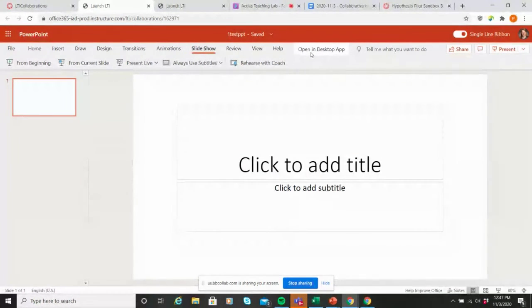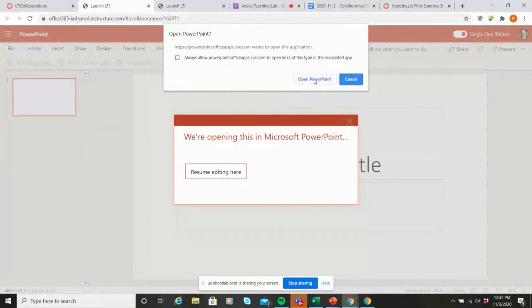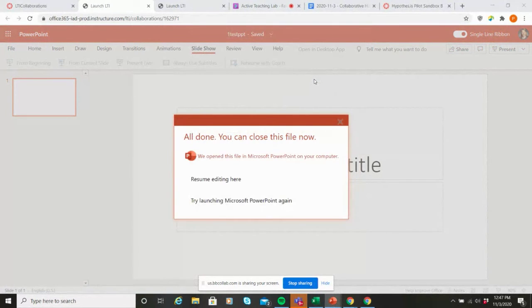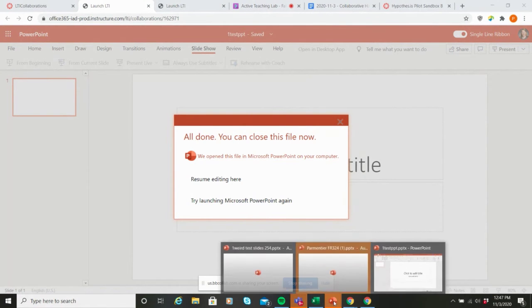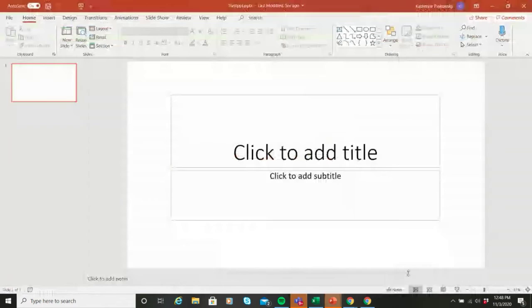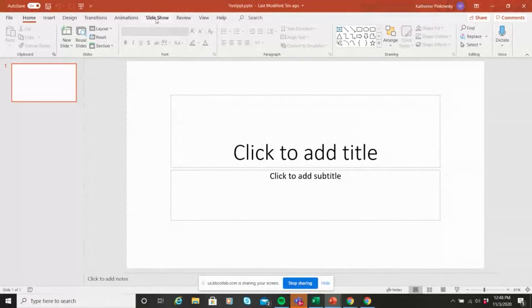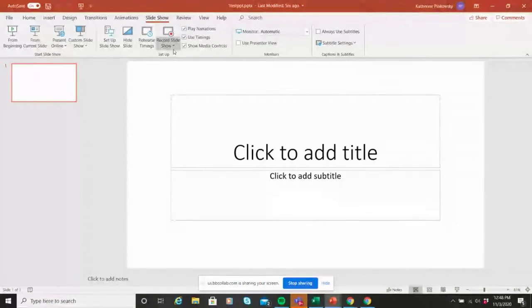You know, on Monday afternoon, I'm going to be doing my narration here. So I'd open it in the desktop app. Oh, it's already open. So when I'm opening this in the desktop app, not in the browser, notice now I have the option to record slideshow. So I would navigate to my slides that I was responsible for, or if I'm doing the whole